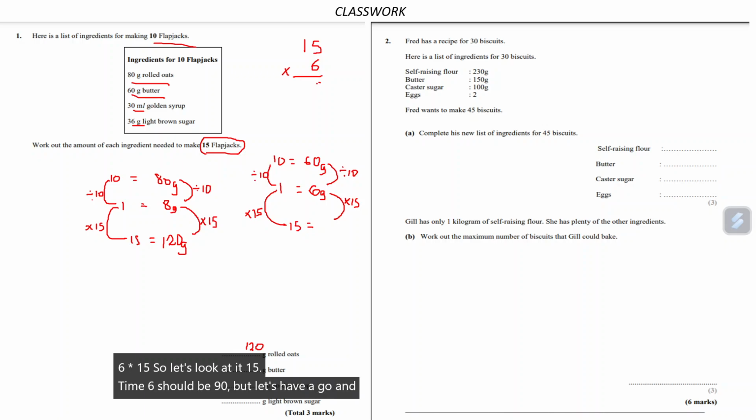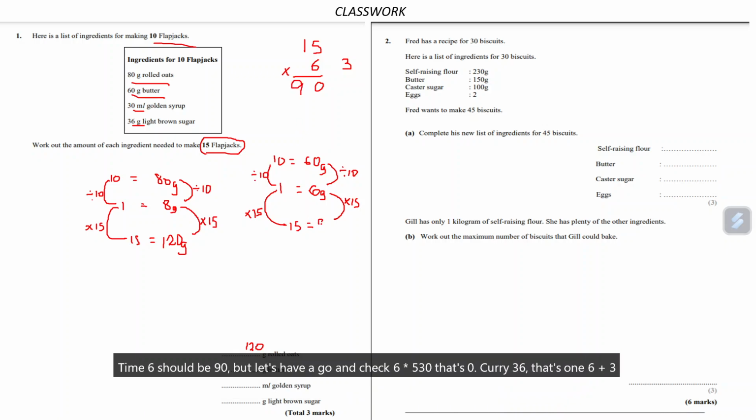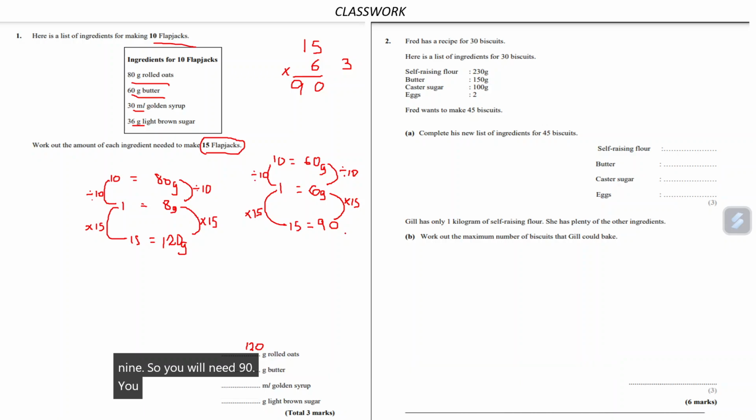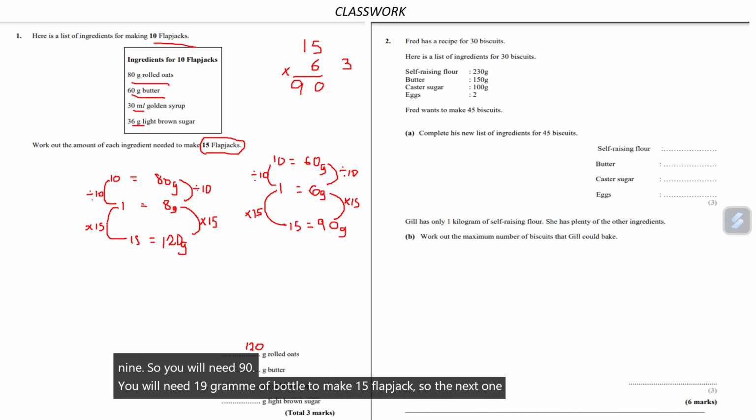6 times 5, 30. That's 0, carry 3. 6 times 1, 6 plus 3, 9. So you will need 90 gram of butter to make 15 flapjacks. So the next one is starting